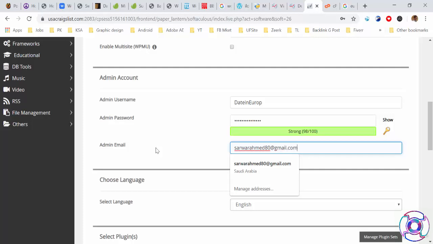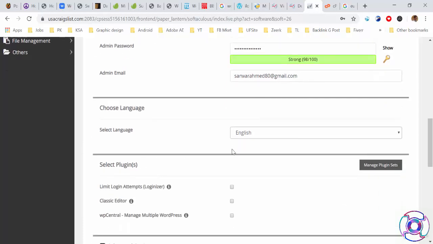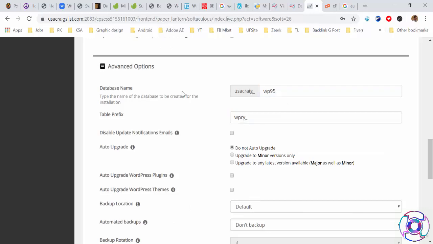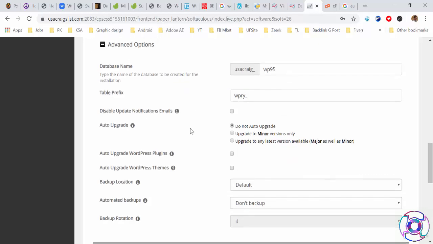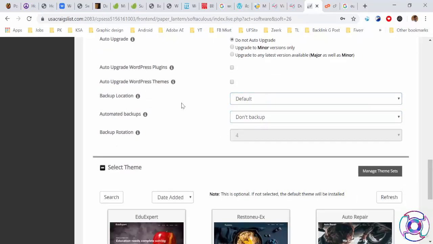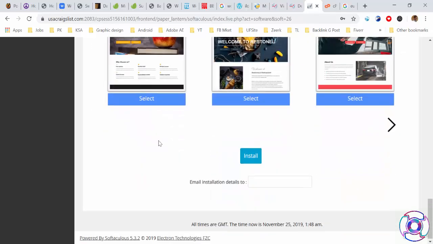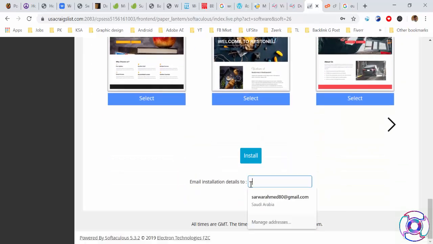Select language English and leave the others the same because we have other advanced options. This is the database name. If you want to rename it, you can rename it. Then we have the table prefix, which also relates to the database. Default backup; if you want to choose by folder, you can. If you want to add any theme, you can add it. If not, leave it empty. Also after installation I need the email, so I'm going to click on install and save this one.